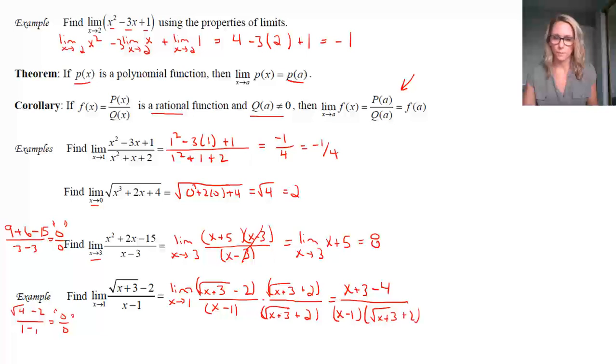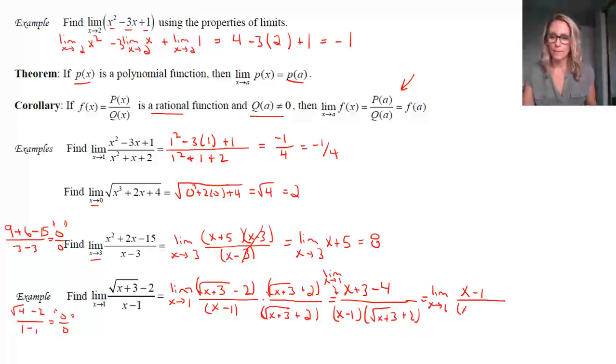But you should see, and actually I have made a very common mistake that I did not mean to make, but I can't forget my limit. The limit as x approaches 1. That's got to be right here, and I left it out, and I shouldn't have. Always got to have your limit. So limit as x approaches 1. But look at now, look what happens to my numerator. So notice my numerator is now x minus 1. Woo! X plus 3 minus 4.